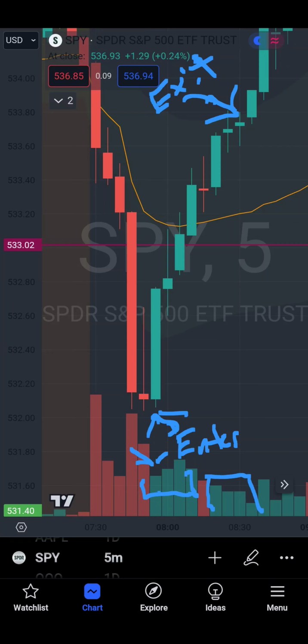I actually entered right at the bottom. I caught the bottom where you saw this top wick on the red that told me that there was a momentum change, and then that green. I entered right at the bottom when that happened. I didn't hold as long as I could have, but as you see in the bottom here where I entered,